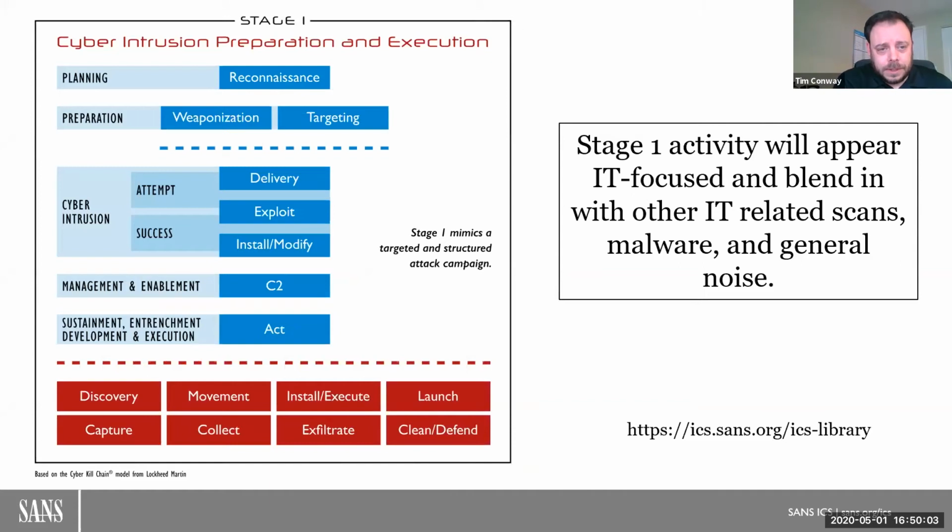This, as you see it, the reconnaissance, the targeting, the delivery, the C2, and the enablement kind of moving into the action phase. Again, looking at that kind of IT, data at rest, data in motion, or data in use, and what an adversary could do. The concept that Mike and Rob were really struggling with was, yeah, but even if they perform these actions top to bottom, that doesn't do anything to close a valve, to make the lights blink, or to impact the operational environment in any way. So they developed a stage 1 and a stage 2 of this kill chain that is specific to industrial control system environments.